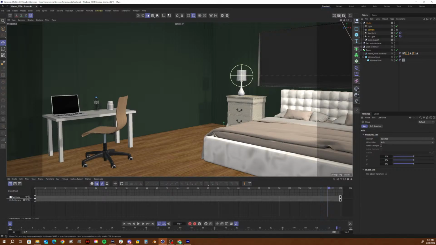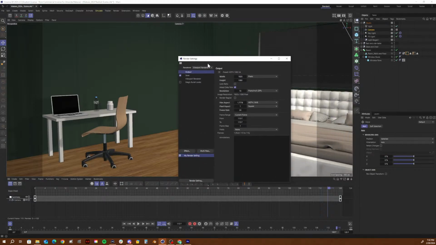Tip for making an orbit camera: make a null in the center of your camera. I guess you could do an orbit camera if you want to, but usually these shots are nice and slow and very one side to the other, not much rotation to it. You could use a target camera if you want to, but usually this nice, steady moving camera shot that pans from one side of the room to the other is a good choice when doing a view like this. And then just making sure that when you go to render this out,